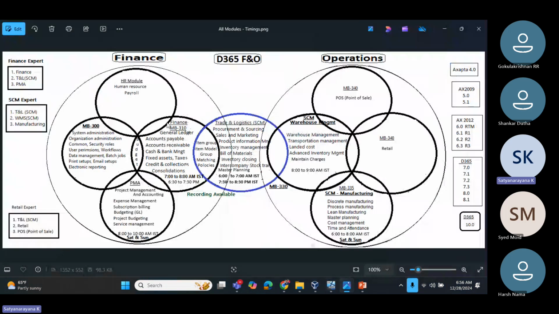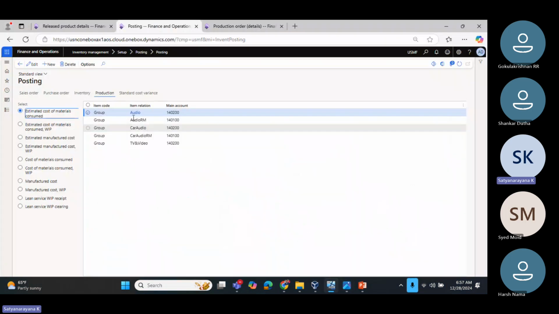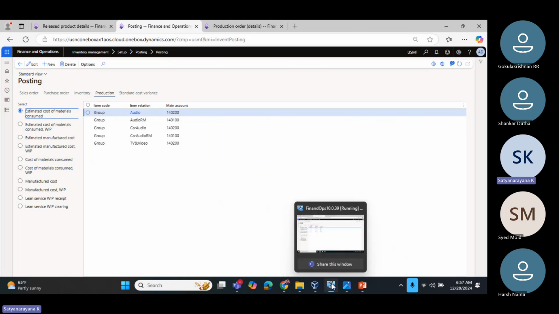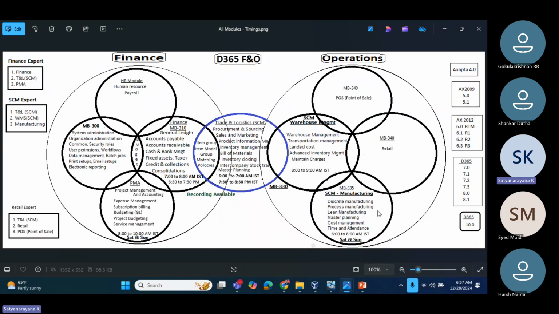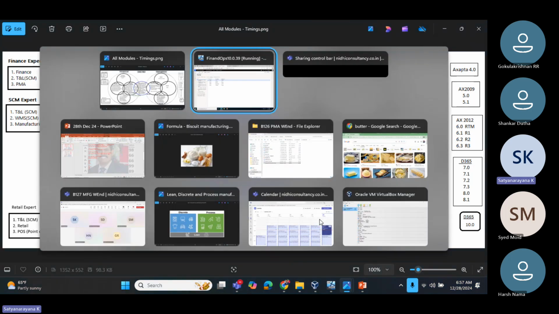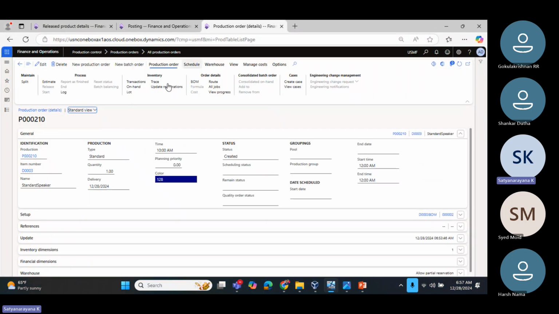I cannot teach in finance about these postings. So then what do we have to do? Being a manufacturing consultant, you should know about these postings also. Of course, this is what comes from the production order. Whenever you are hitting this process,